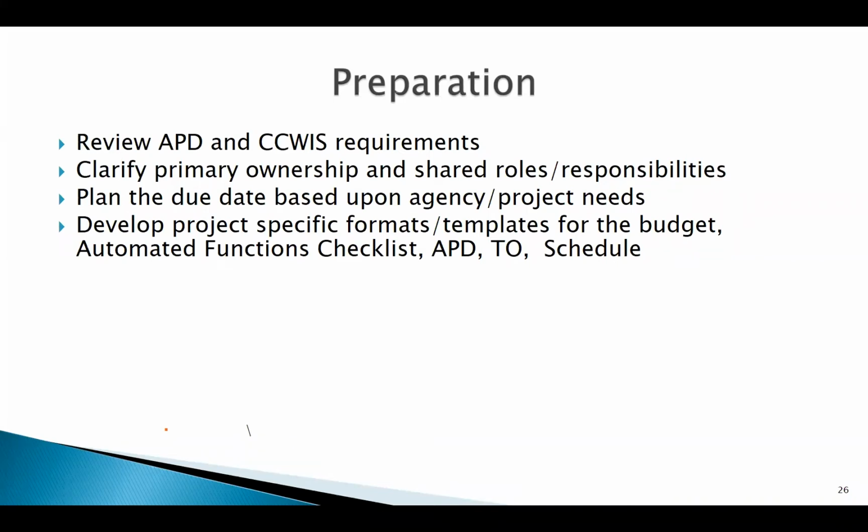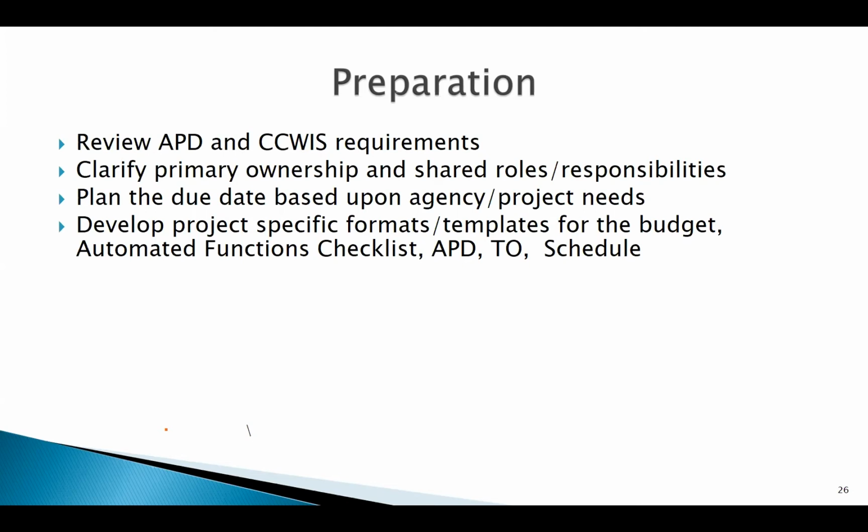This other practical guide that Nicole started to talk a little bit about has to do with setting the due date for when your APD is due. And this can be very challenging for the multi-optive projects because Medicaid typically sets their APD due dates based on the federal fiscal year. But Children's Bureau does not. Children's Bureau really tries to work with the state to allow the state to figure out what due date is going to